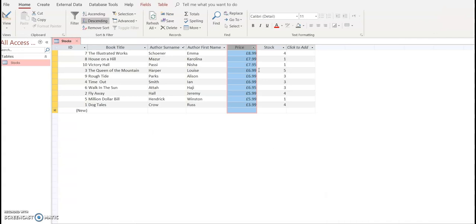Okay, and I'm looking for stock, which is this. This tells me how many of each book there are in stock. So the book, for example, the illustrated works, there are 4 of them in stock. But my question says it only wants the books that have 1 in stock. So I'm going to select the field stock, and I need to filter this information now. So I'm going to go to filter,